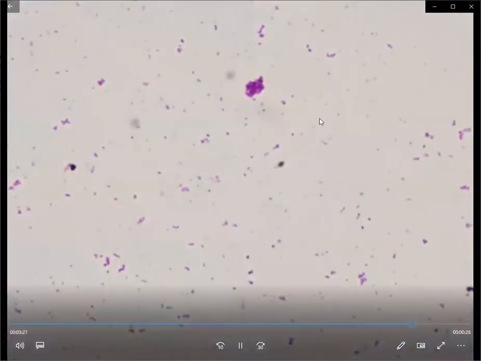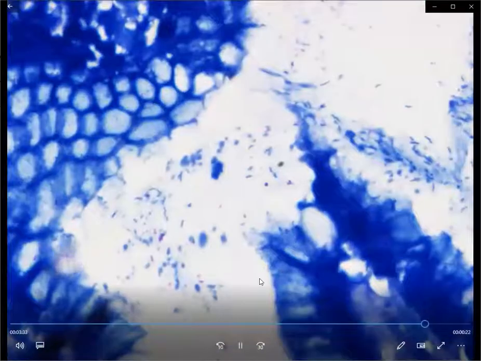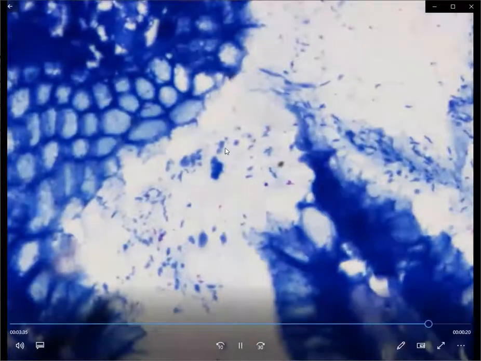If you move away from the stained section, you will see that many of the bacilli are seen elsewhere also. That is one important thing, and it will help you differentiate H. pylori from the contaminants that we see on the gastric biopsy.